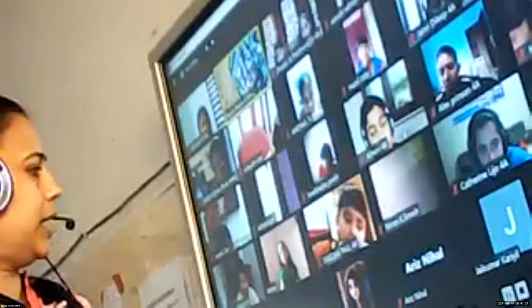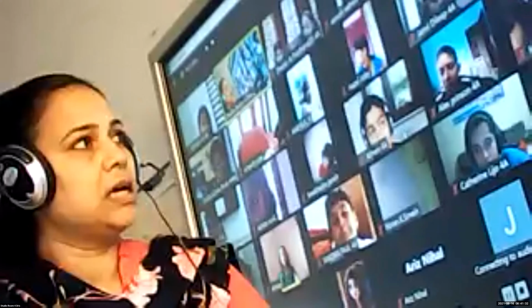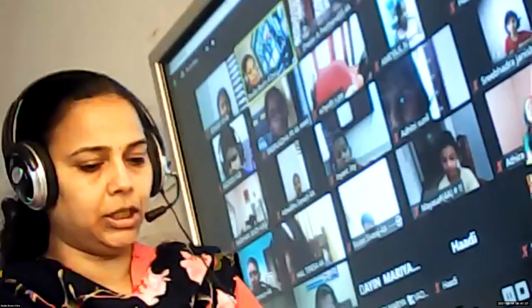Hazel, can you tell me what you mean by ascending order? Smaller to bigger. Arrangement of numbers from smallest to biggest. That is ascending order. Adira, what is descending order? Arrangement of big to small numbers. So descending order means an arrangement of numbers from biggest to smallest. So we have completed question number 18.